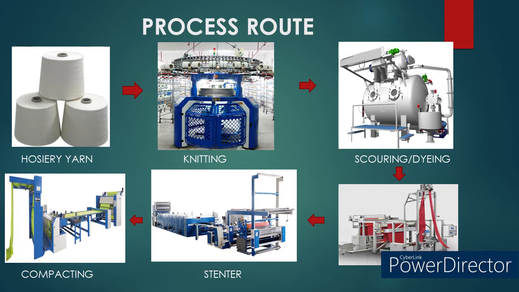Since the fabric is processed or dyed in rope form, it needs to be slit opened from rope form to open width form for softener padding and drying. Number 5, compacting, to arrest the fabric shrinkage based on the buyer's protocol, followed by inspection and dispatch.